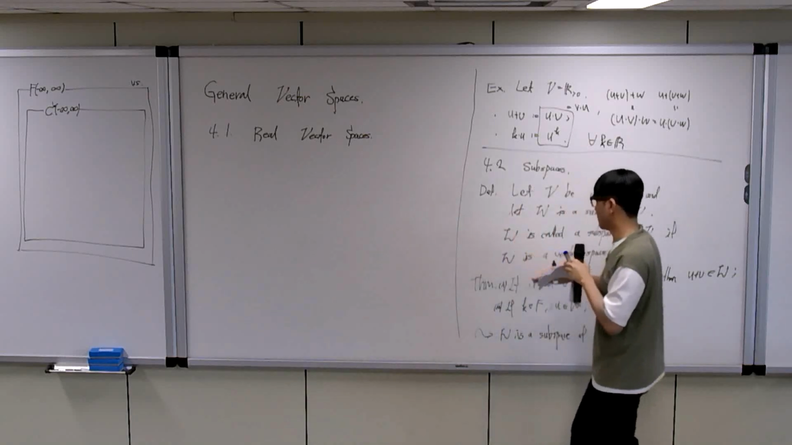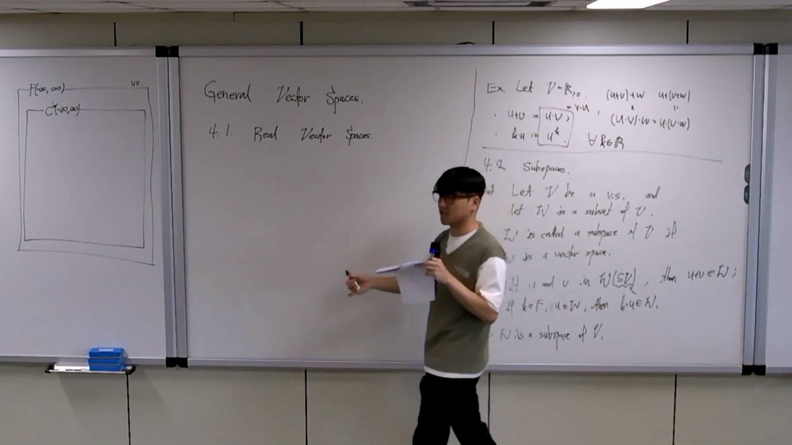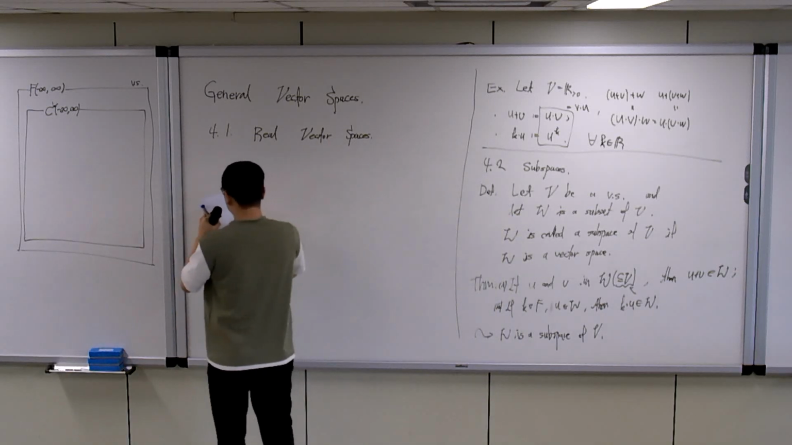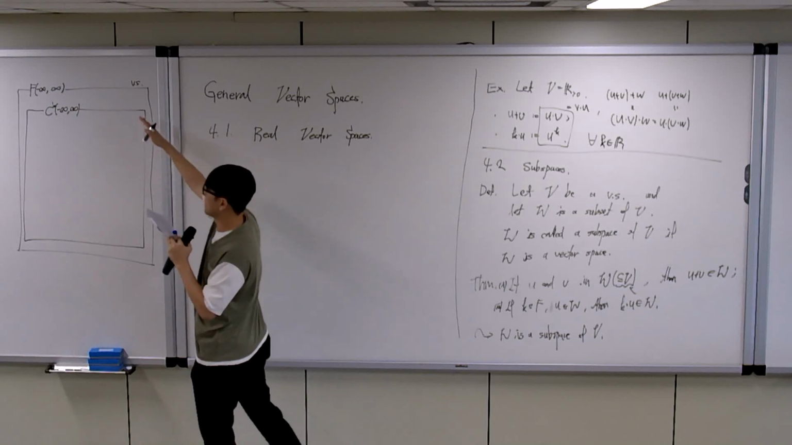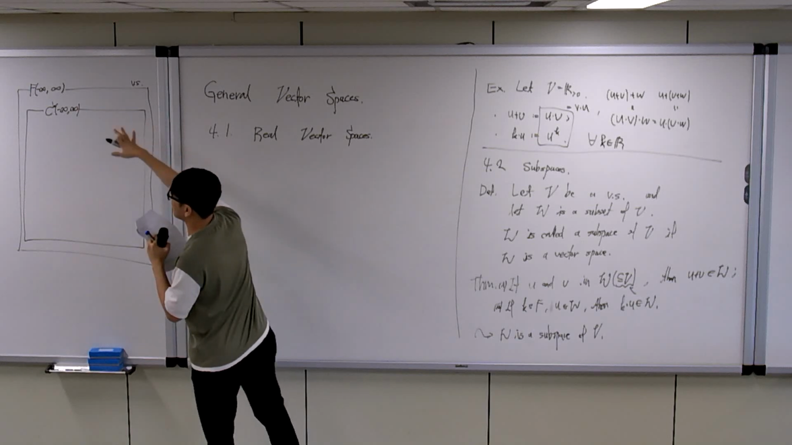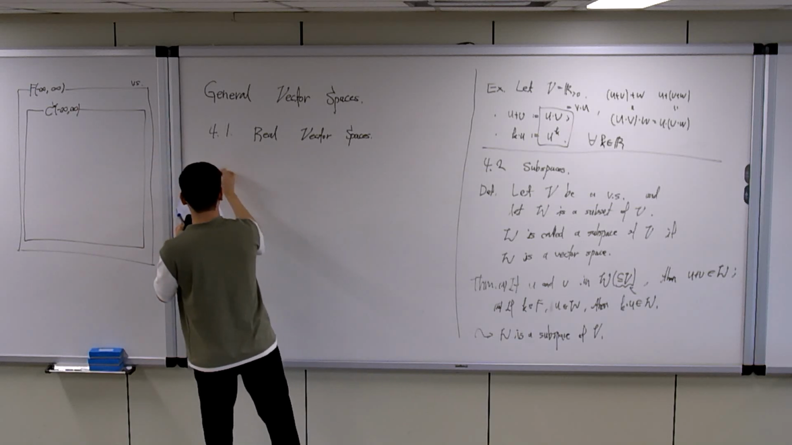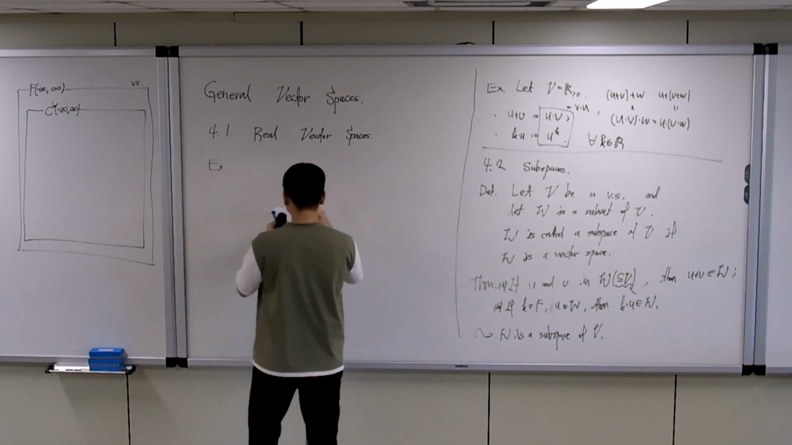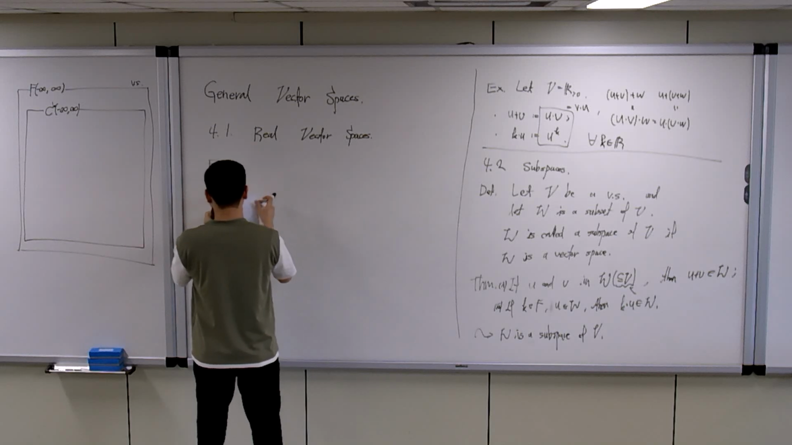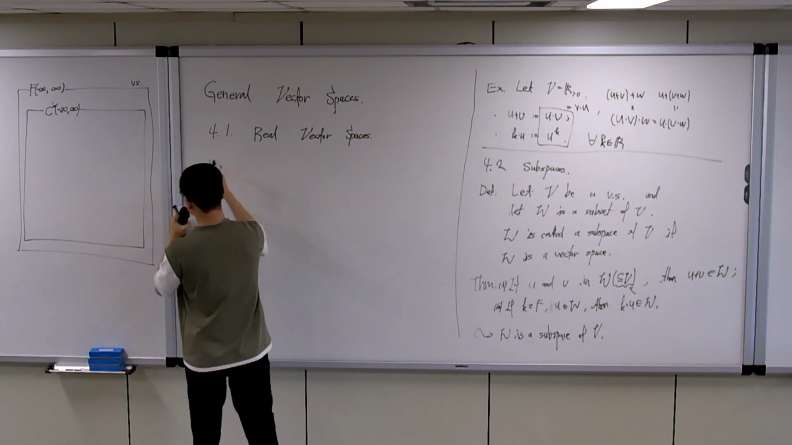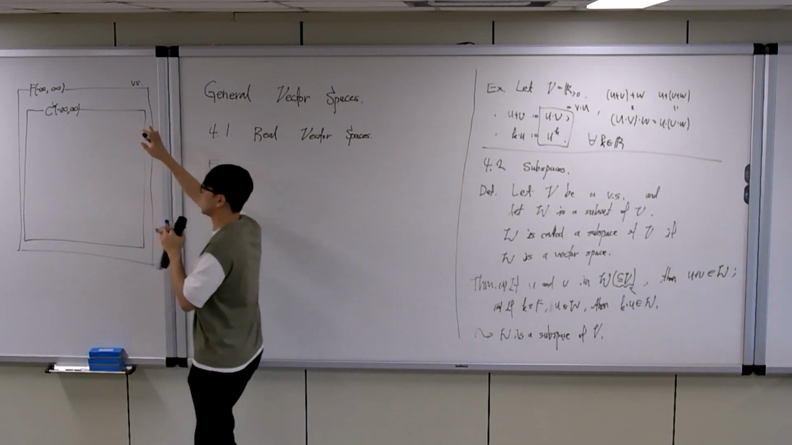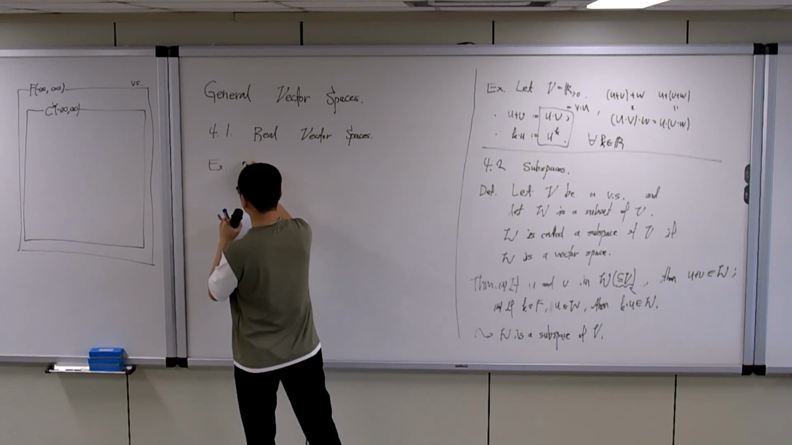And actually, I already proved it in real space in the previous chapter. So let me give more examples. We checked that C0 is a subspace in F, the real valued functions, and also let